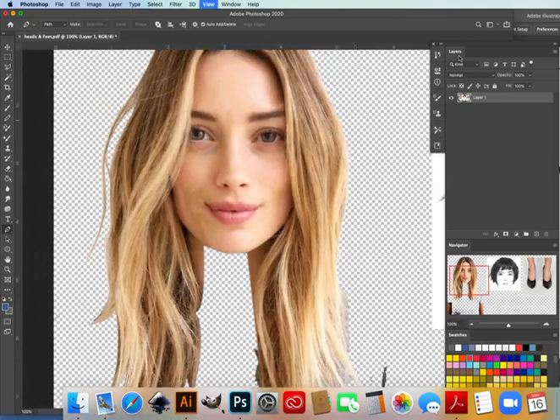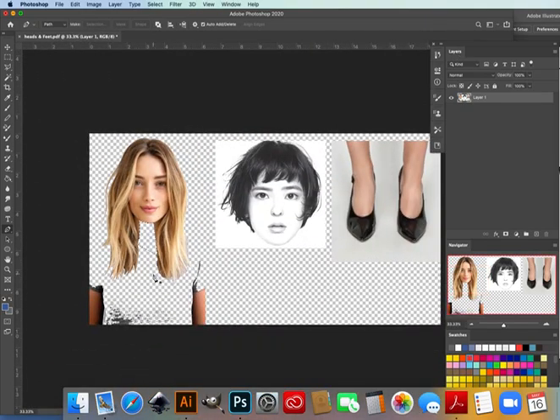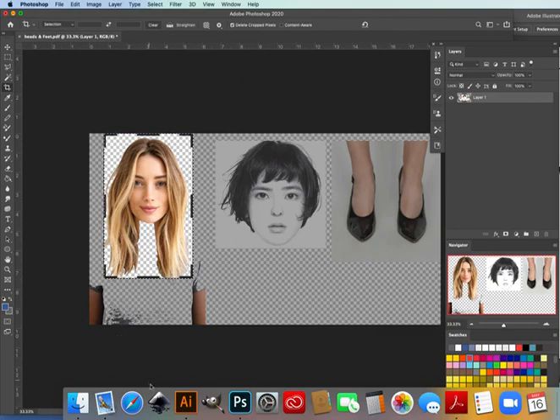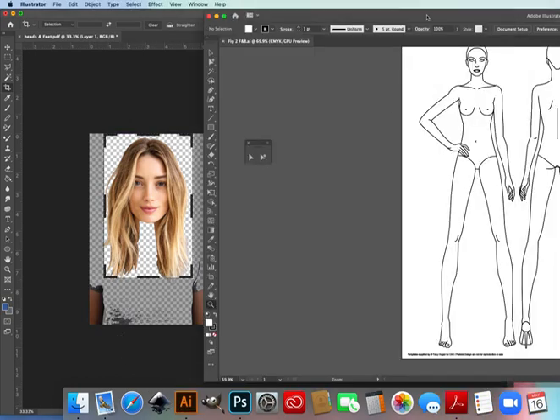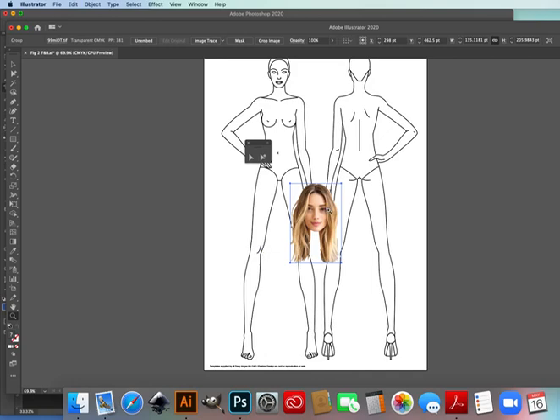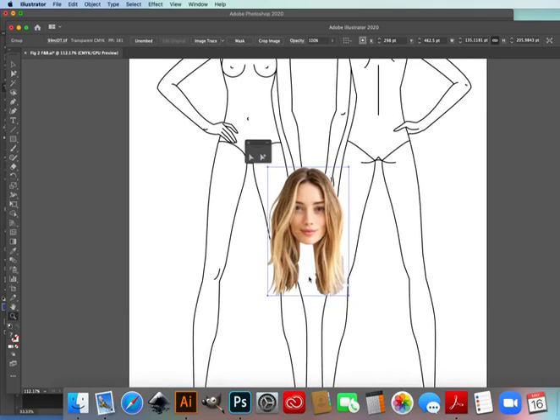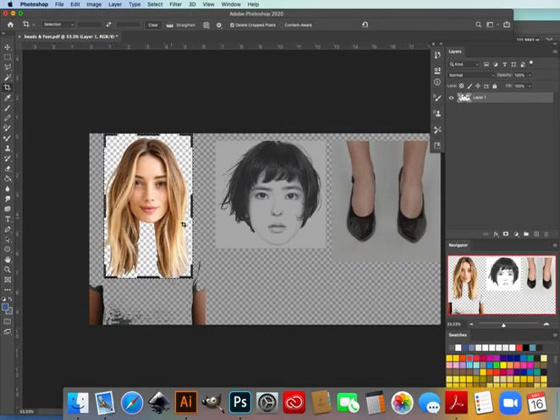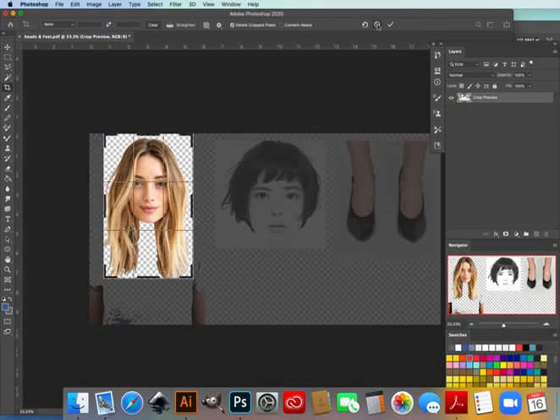Alright, so she's nowhere near finished, but if she was, we could select her and copy her to our Illustrator document. So you just go Command C to copy, open up your Illustrator file, which would be your figure, and Command V to paste. And so then you would scale her or run her through Image Trace. Coming back to this file,